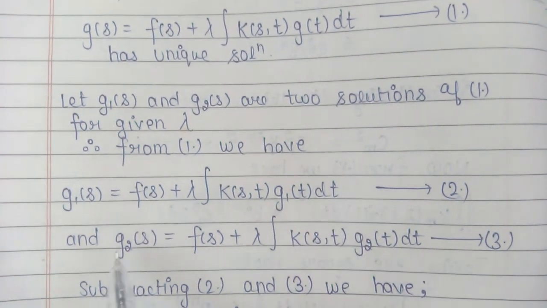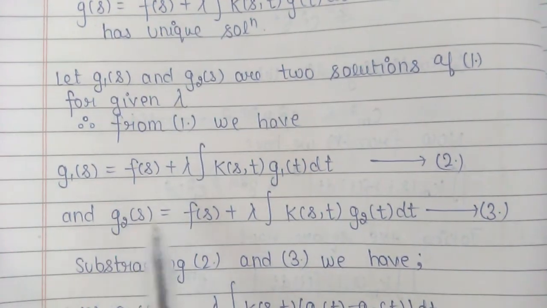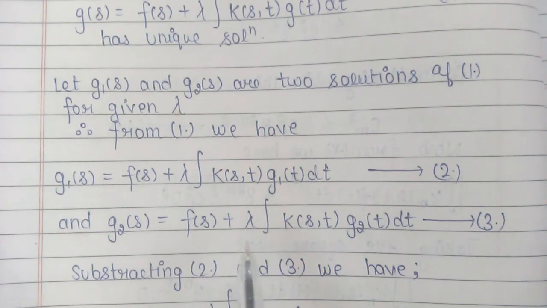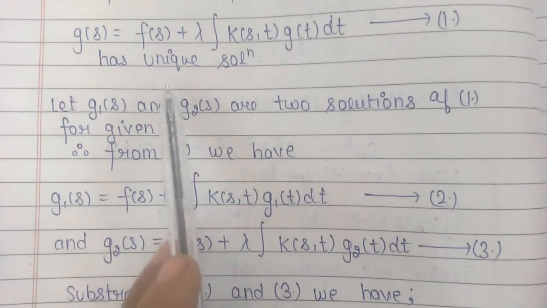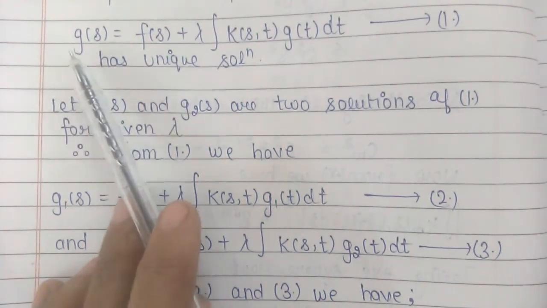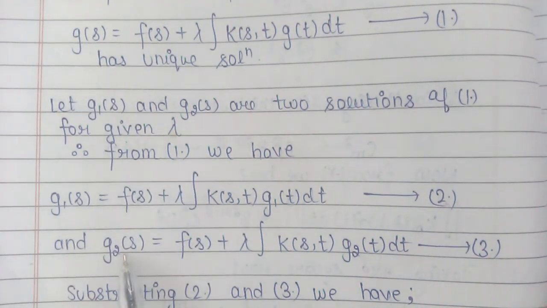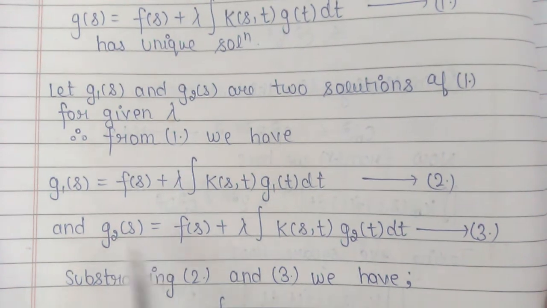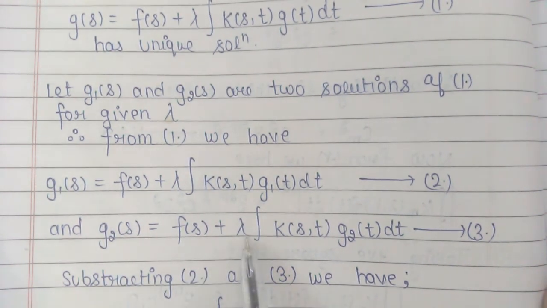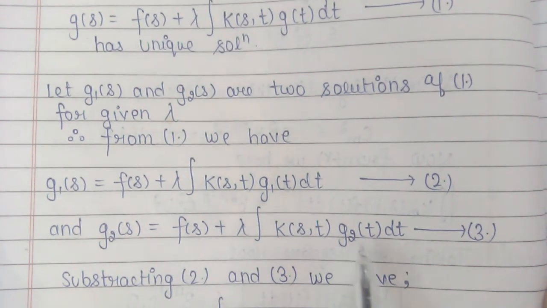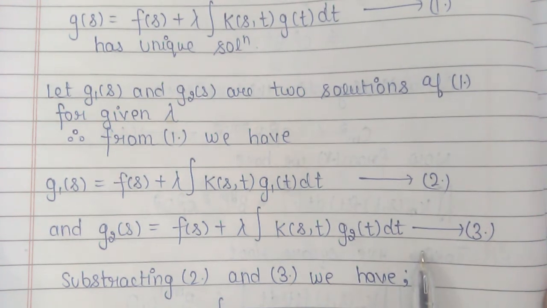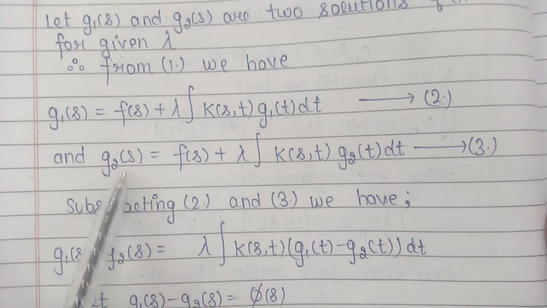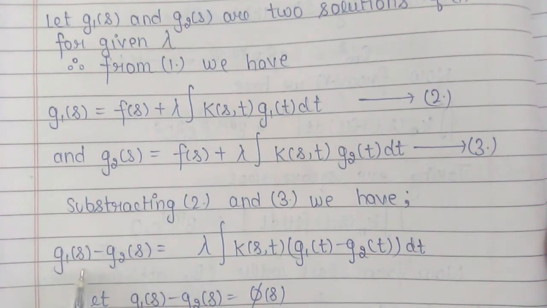Also the function g2 is also a solution of the given integral equation, so the given integral equation will be satisfied by g2. So in this integral equation replacing the function g by g2, we get g2(s) is equal to f(s) plus lambda integral k(s,t) g2(t) dt. Now let us subtract these two equations. When we subtract these two equations we get g1(s) minus